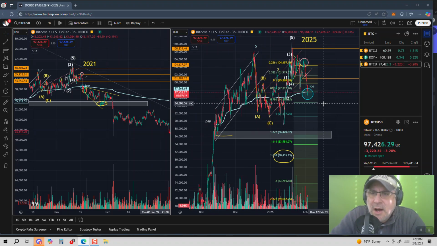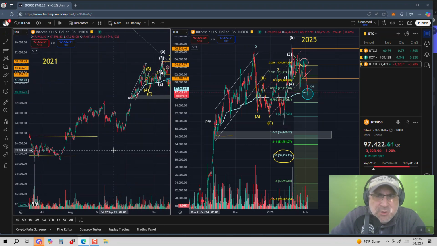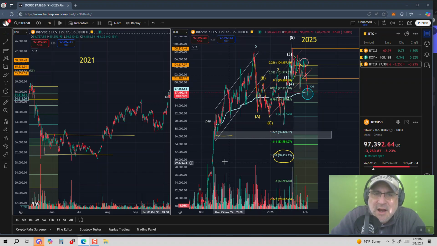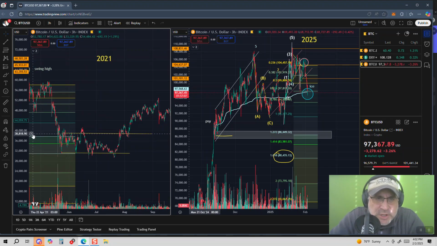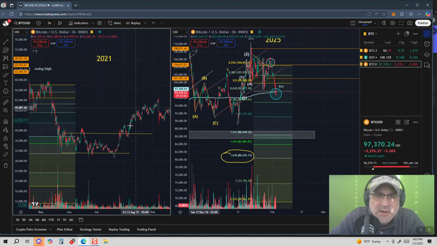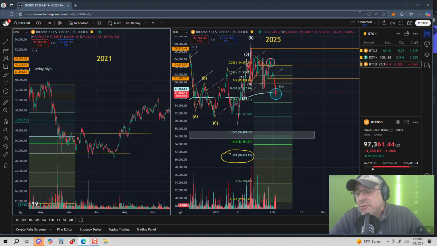And so I think once that serves its purpose and it brings Bitcoin down to the reaccumulation zone, like we talked about, somewhere between 86 and 80 grand, then we're going to have sort of this reaccumulation pattern with a deep spring at the end, and then it's going to start to put up another leg and mark up, ultimately creating another all-time high, which could go to $120,000, $130,000 before it's all said and done. I think we're going to see that this year, man. I really do. We just need to have a good bleed out first, and a